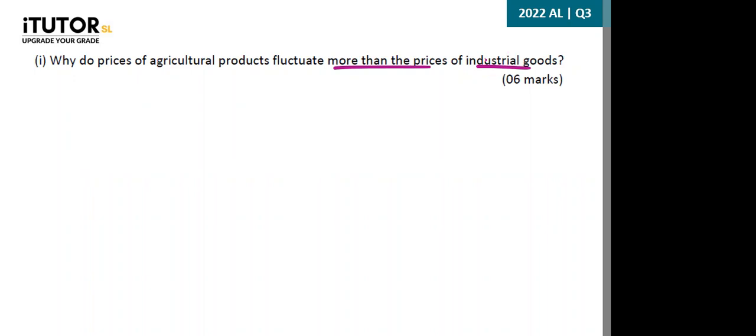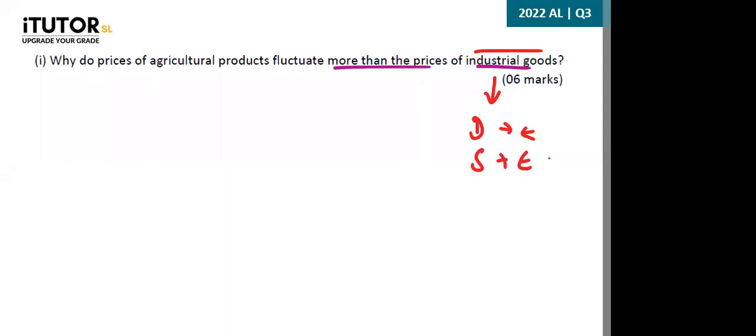We don't know. We'll look into the marking scheme, what they would say one day. But you can say now, if you take industrial goods, what are industrial goods? Maybe things like machines, mobile phones, laptops, right? For things like that, the demand is also kind of elastic because they are like luxury goods. If the price goes up, you won't buy. And the supply also is elastic.